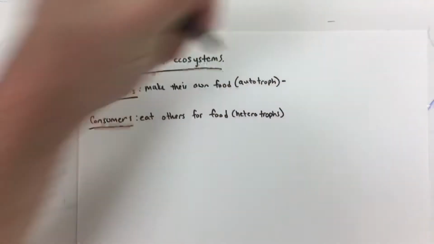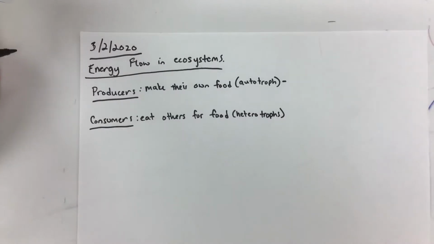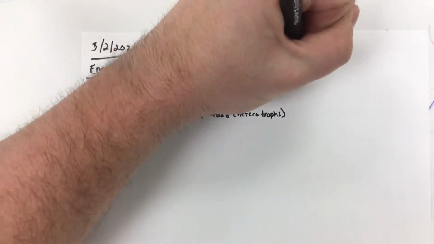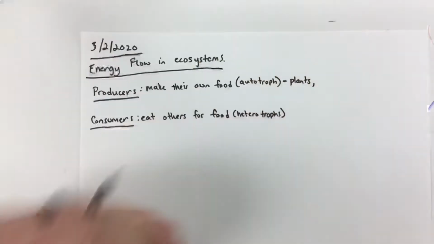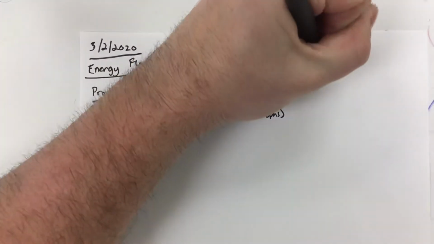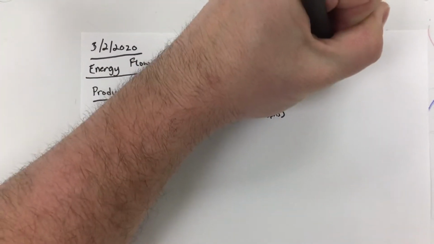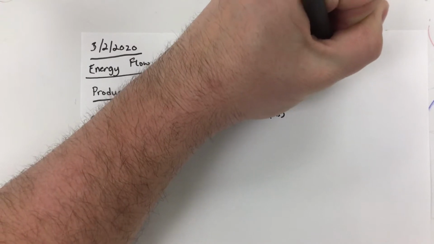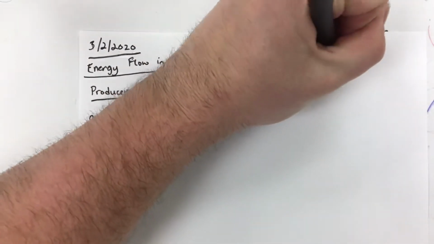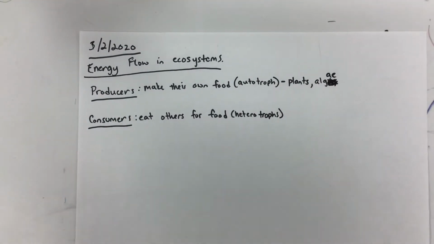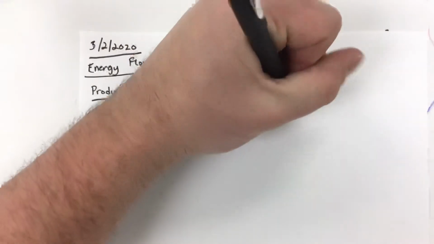And so examples of producers. What's the most common example of producers that we're familiar with? Plants. Yeah, plants are producers. They use photosynthesis to turn sunlight into sugar. And then in the oceans, most of the photosynthesis is done by algae, and I'm not sure if I'm spelling it correctly, so I believe it's EA, but I could be wrong. It is AE. Thank you. AE. Spelling is not my forte. It's not my strong suit. All right, and then animals